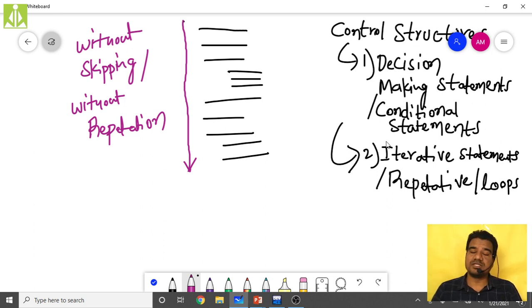And the second type of control structures are iterative statements. In iterative statements, what will happen? Some of the statements will be repeated. One statement or some of the statements will get repeated more than once. Okay, more than once. In both cases, when you are writing your decision making statements or your iterative statements,